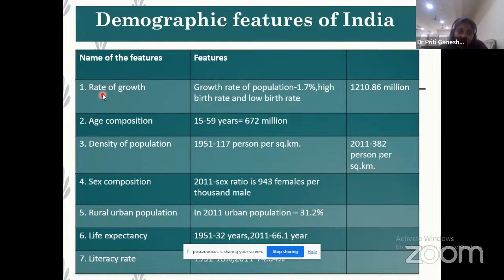So what you do, take a point, rate of growth of population, in which you tell that the growth rate of India's population is 1.7%, where we find there is a high birth rate, low death rate, and the total population of India in the current year. So rather than telling only the current year data, if you have the capacity to learn, show the data of 1951, 1991 and 2011. Divide the data into three parts. So you can add the explanation that in 1951 the population is this much, in 1991 this much, and in 2011 this much. And according to current, if you have additional information, you can add 2021 data also. So it will give you additional marks.